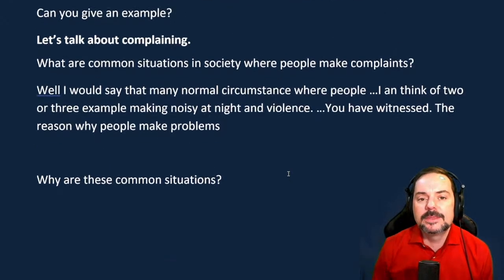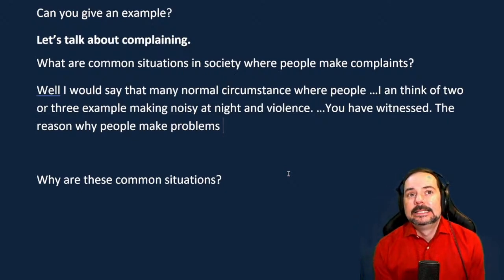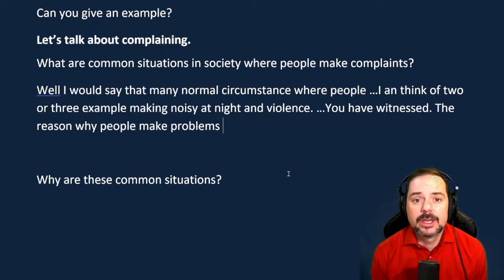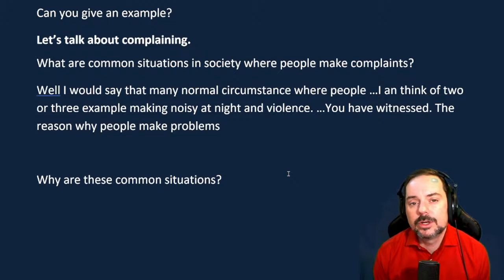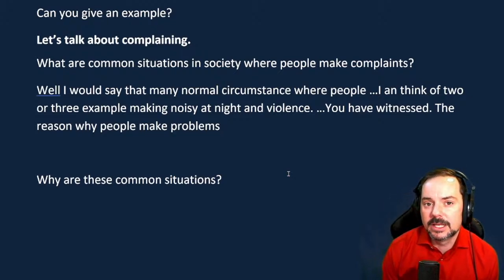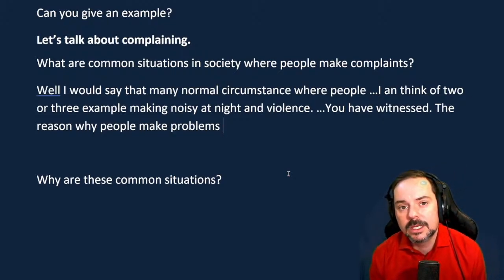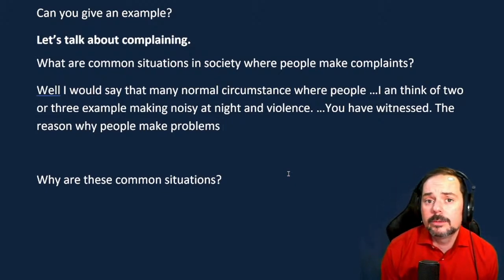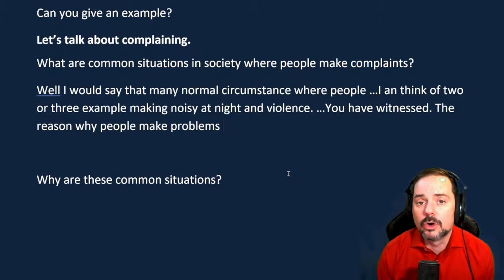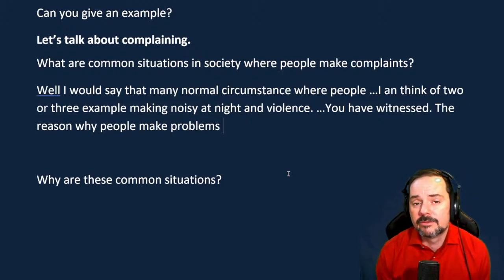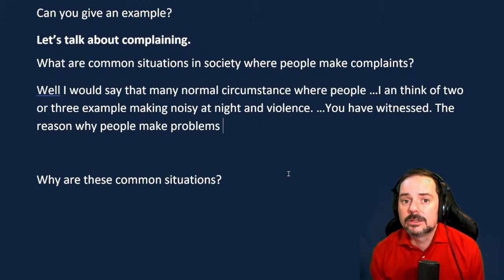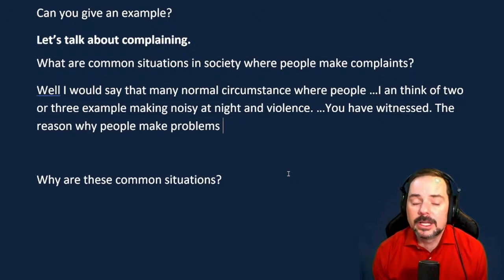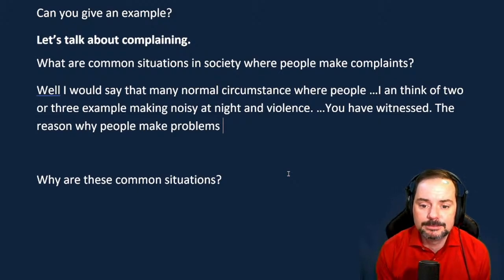So I would say that would be like a band 5 answer. I have some clarity on what you're saying, but not complete clarity. Some parts I understand what you mean, but some parts I'm quite confused about. You are paraphrasing, so you're using your own words to paraphrase the question, which is good. You have to work a little bit on your structure, your pronunciation, and the overall clarity of the answer.